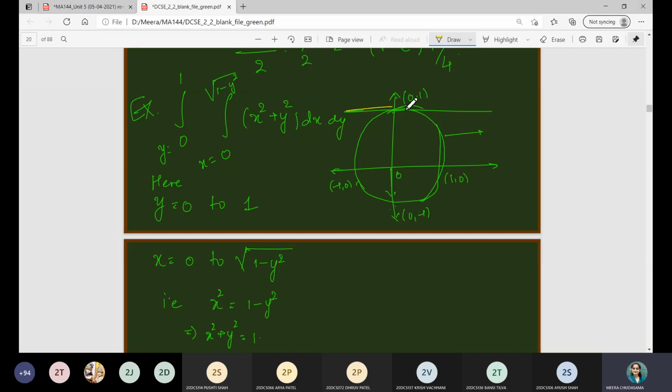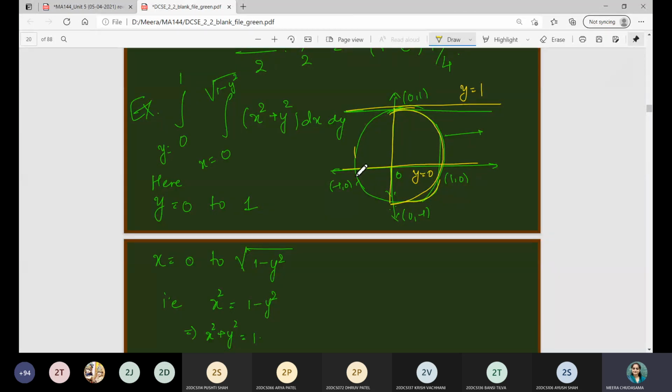Let me, this is the line y equals 1. This is the line y equals 0. x equal to the positive square root, so this represents the half circle, or not? Tell me, will it be a semicircle or not? Yes or no? And x negative square root means it will represent the opposite direction semicircle. Similarly, y positive, so if the positive square root of 1 minus x square is given, then it will be the upper half circle. If y takes a negative value, then it will be the lower half circle.